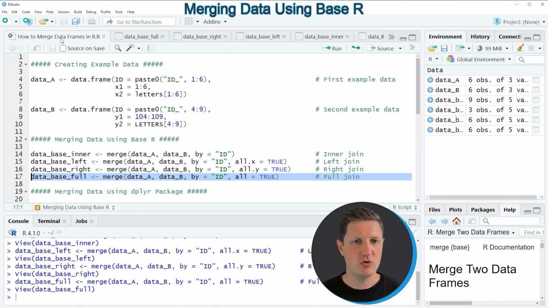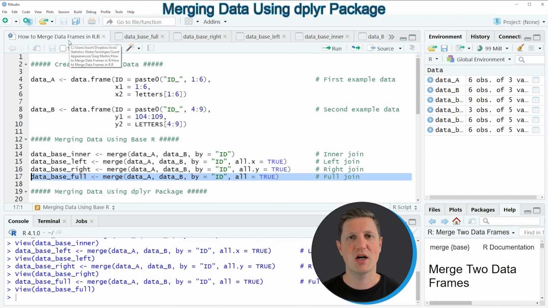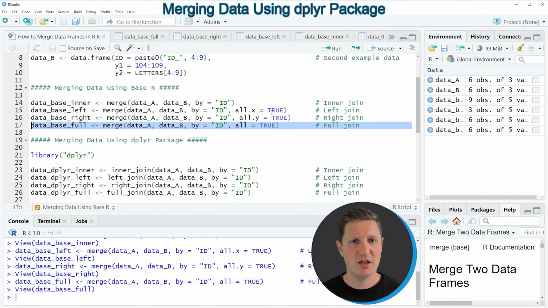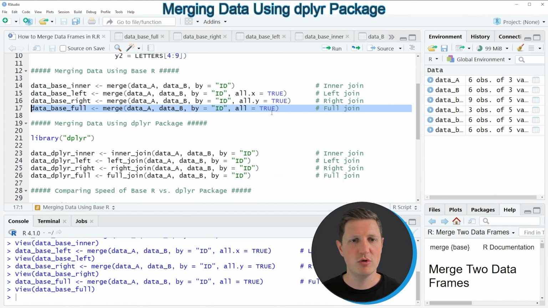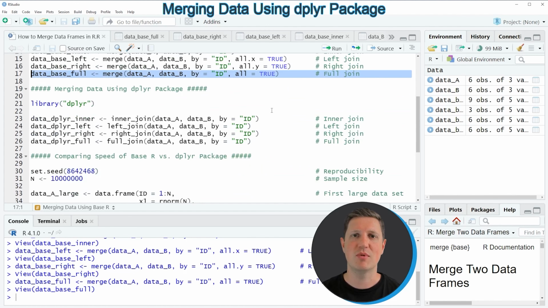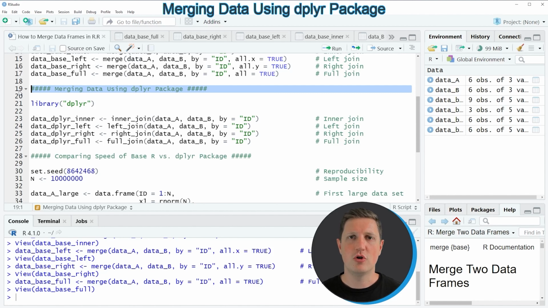However, I want to show you another section in which I'm using the functions of the dplyr package to merge our data. Because the dplyr package is a very powerful package when it comes to data manipulation in R, and for that reason many people prefer to work with the dplyr package instead of the basic installation of the R programming language. So the dplyr section is starting at line 19 of the code,